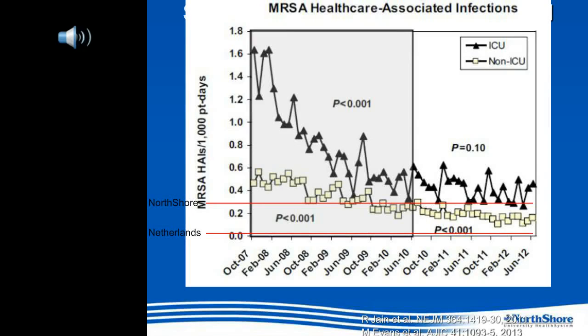As shown on this slide, the upper diamonds are their intensive care unit patient clinical disease with MRSA, and the squares are their non-ICU. And you can see that I put in the line for NorthShore. They and we are sharing very similar outcome results, and their disease continues to be low, as does ours. I've also highlighted the disease rates in the Netherlands, which is a country that, as an entire nation, has taken on MRSA and driven the rates even lower. So the wider you can have your impact, or the wider you can have your intervention, it appears from the published data, the better your overall impact is.